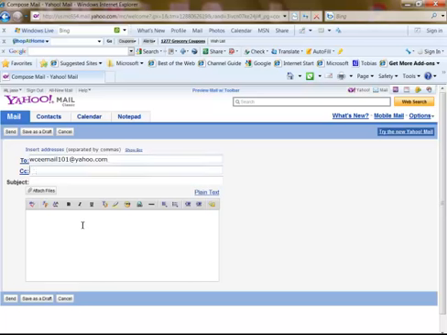CC. This means carbon copy. You can send to a bunch of people. You separate with commas. Subject. This is text here. Email message about event. You go into this thing down here. You type in here what the message is, and I could say this is to let you know that you'll